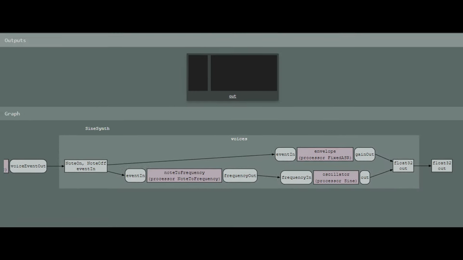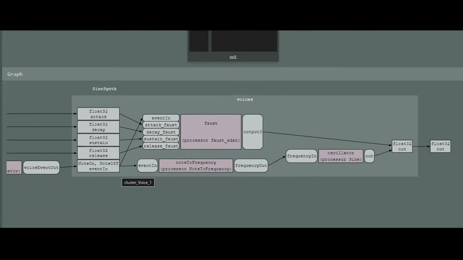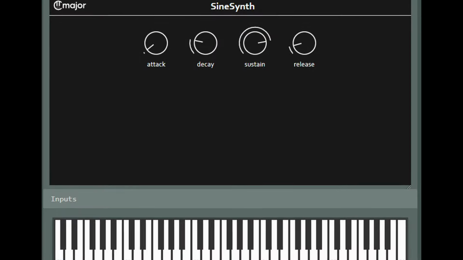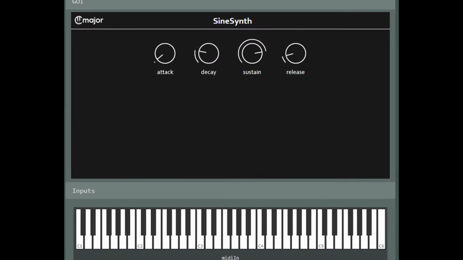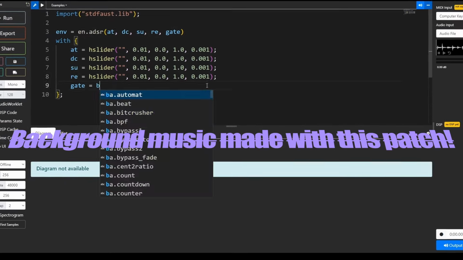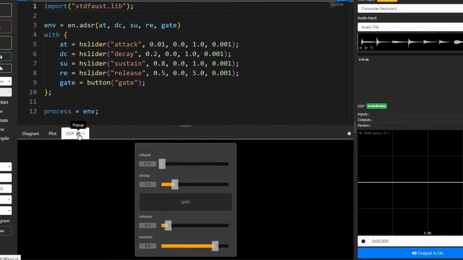This time, we'll build on the SineSynth from our previous tutorial and improve its envelope shape by replacing the fixed ASR with the Faust n.ADSR envelope. I'll show you how to integrate these two languages. Let's get started. Write a simple ADSR processor in Faust